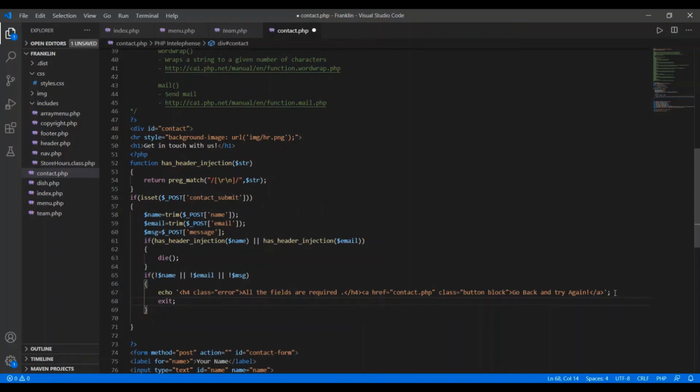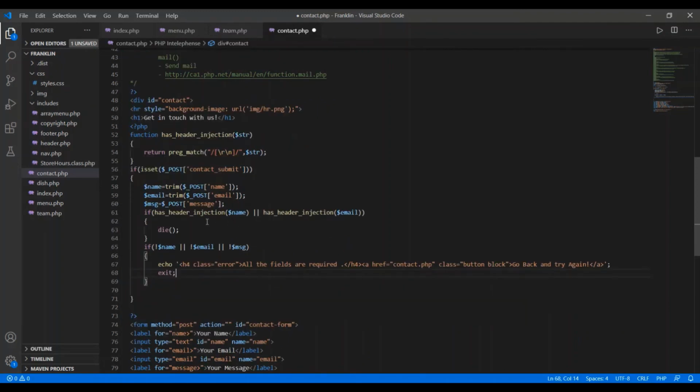So this is the code we have written up to this point. Here we have created the header injection check, and we checked whether the contact submit button is clicked or not. If it is clicked, we get the values from the form, that is the fields name, email, and message, and store them in these variables.